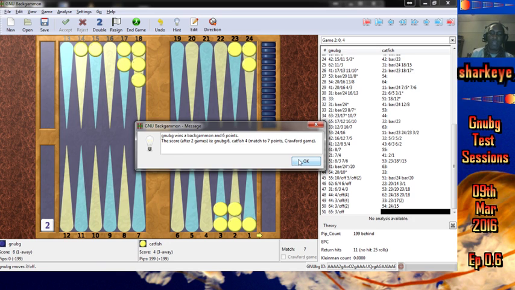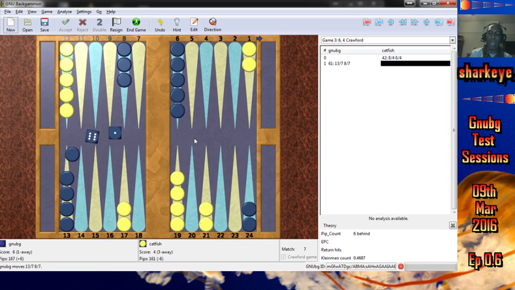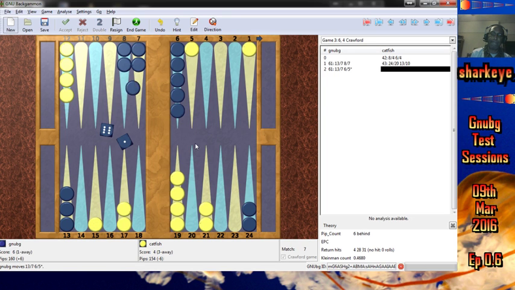6-4 Crawford. Gammons, unbelievable, missing triple shots, but that's all part of the game. So we've got to claw our way back from 1 away, 3 away. Step up, seeing as he stripped his 8 point. Step down. He's going to hit, and I'm going to look for 5s. Don't get them, but I get the next best thing, which is